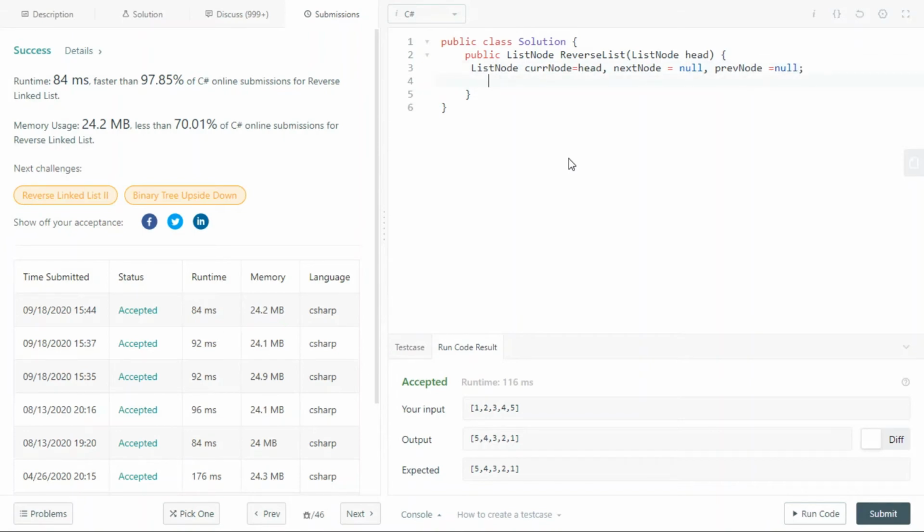We will loop while current node is not null, and try to track the next node of the current node. Then ask current node's next to point to the previous node.